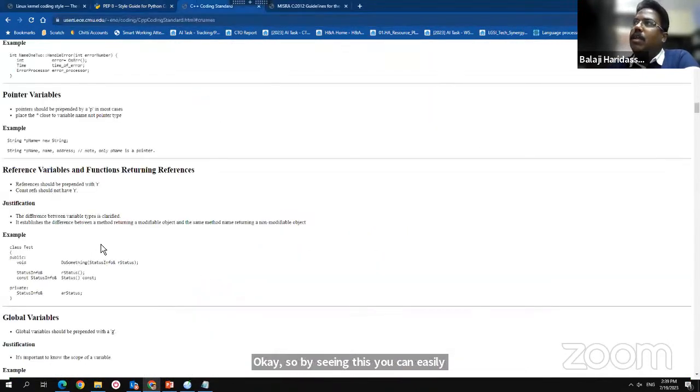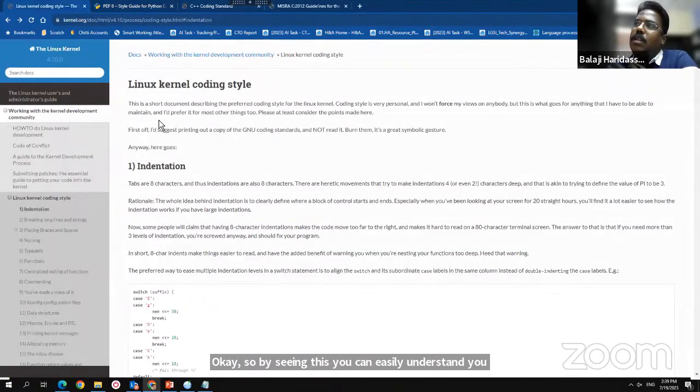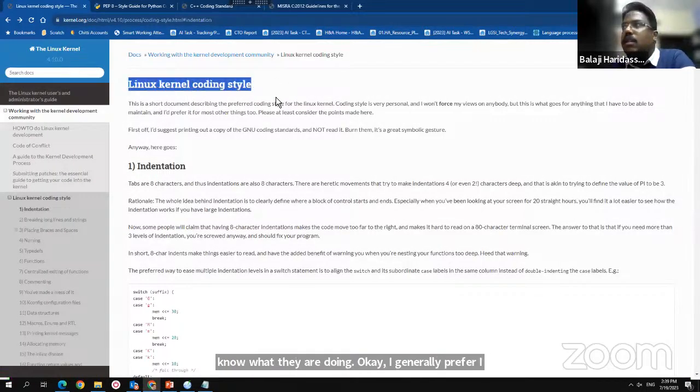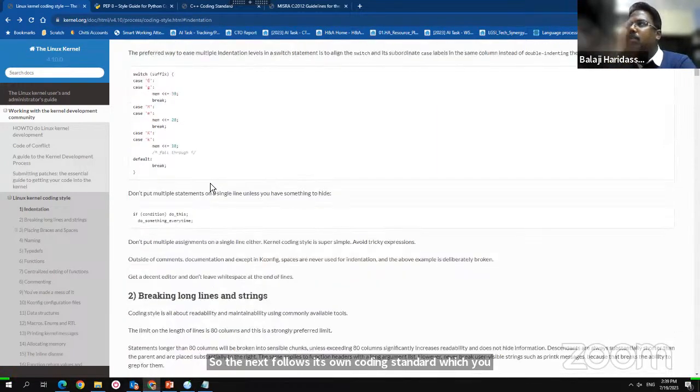C coding standard. I generally use the Linux coding style. It's the biggest coding platform out there, and the biggest open source platform. Bringing all such people onto one platform to make them understand together is a challenge. So Linux follows its own coding standard, which you can utilize. I prefer the Linux coding standard. So you can see how to follow C++.